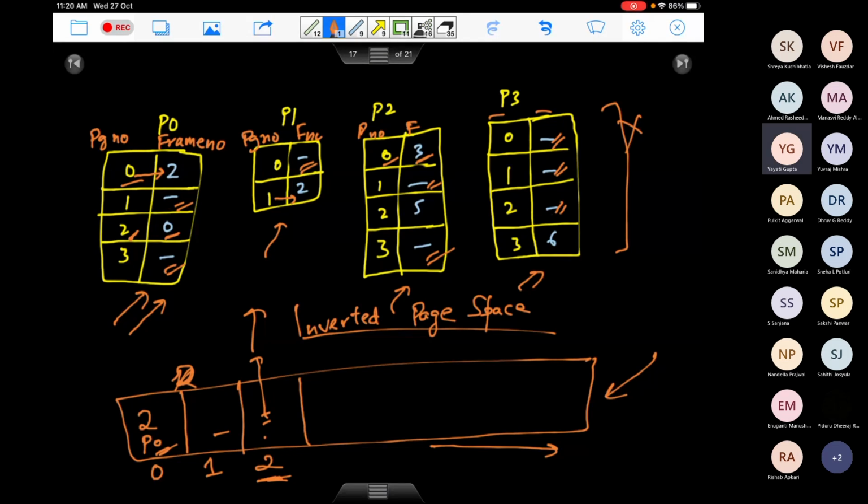Just like in the cache, we are very frequently accessing the same instructions and data. You are correct. The idea is that most of the time, the process is using 10% of the data 90% of the time. So that same 10% of the pages are being used again and again. Then why even keep the remaining pages in memory? You keep the remaining pages on the disk. We'll talk about that.